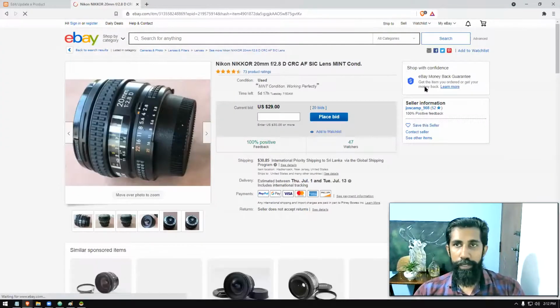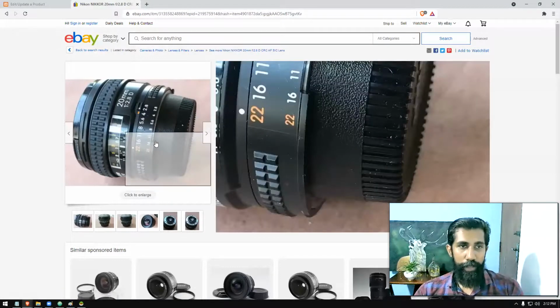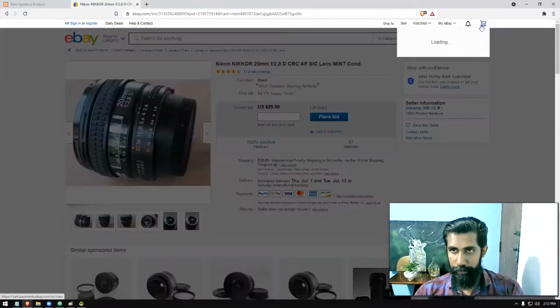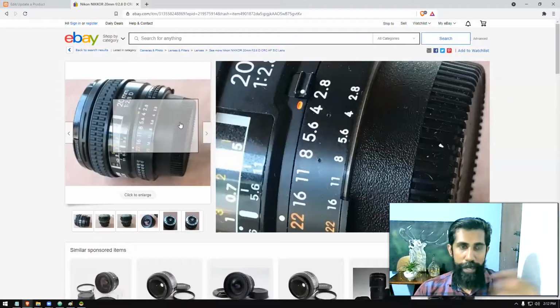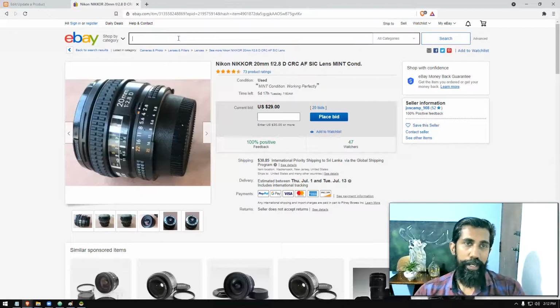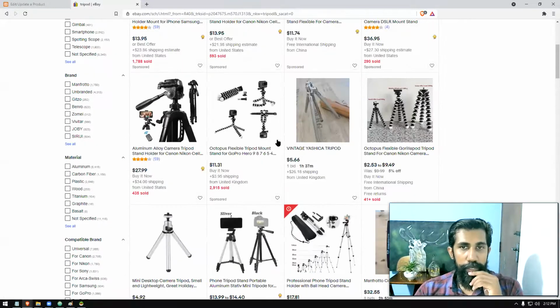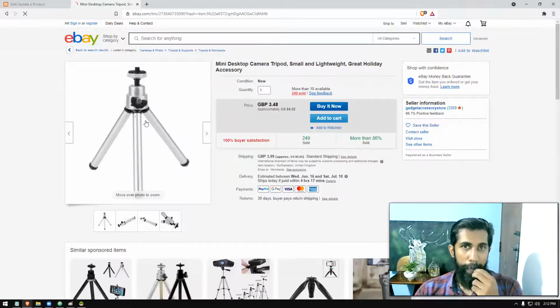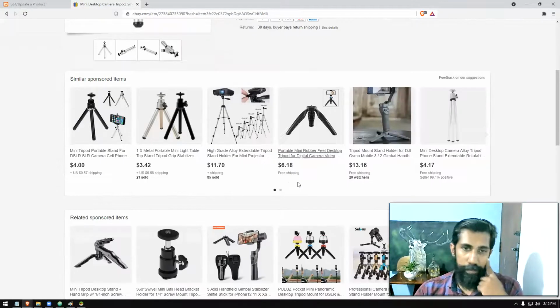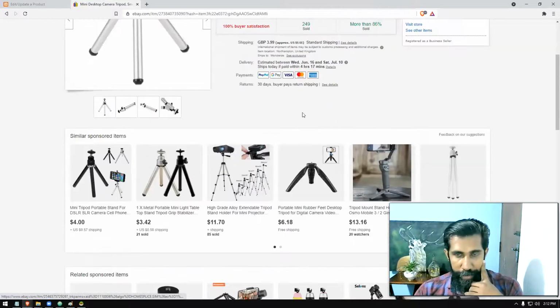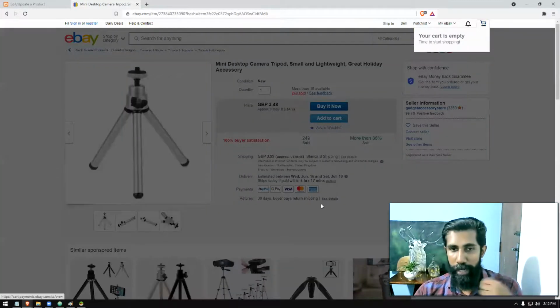Actually I haven't logged into my account. If I had logged in, I could add this to the cart. It says my cart is now empty. Then, assume that I added this to the cart. Next I want to purchase a tripod, not a lens, so I'm looking for a tripod. Let's say this one I'm interested in, this is okay with me, and I'm adding that to my cart. Then I'm visiting around 20, 30 pages, a lot of pages, and I didn't find anything interesting. Now I want to go to the cart and do the checkout.